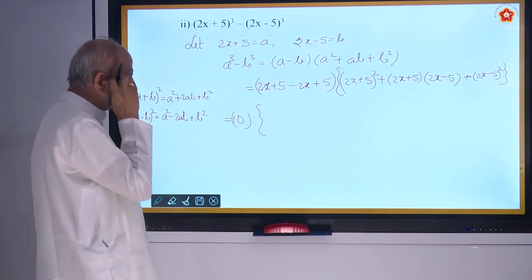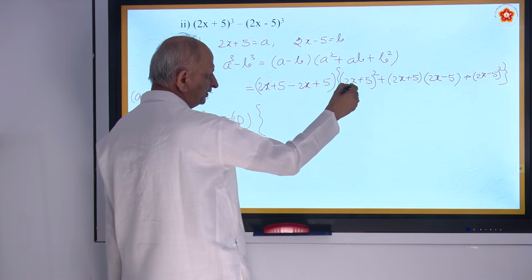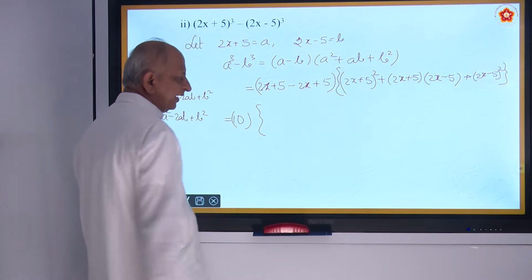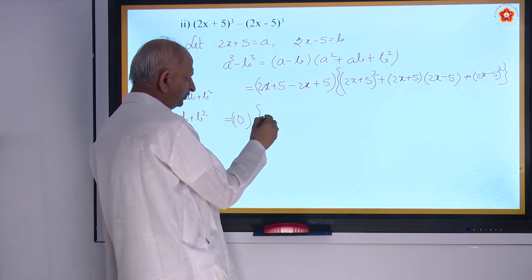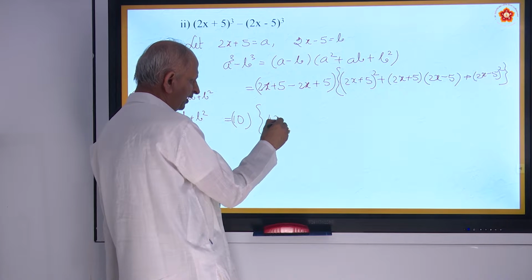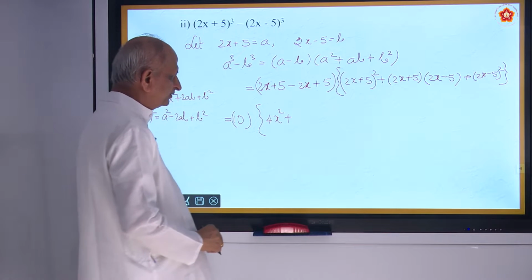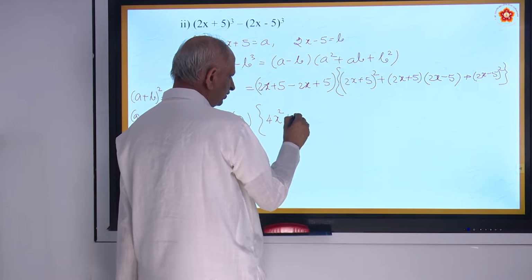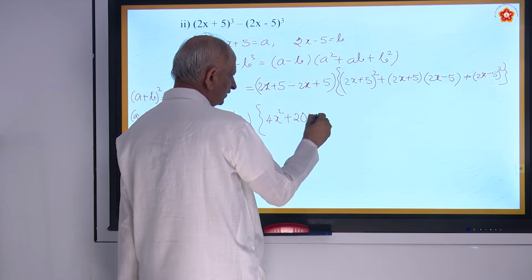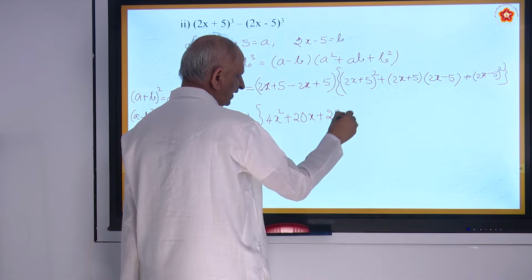That you have to use. So 5 plus 5 is 10 over. Here it is (a + b)². What is a? 2x. What is a squared? 4x² plus 2ab, 2 into 2x into 5 is 10x into 2, 20x, plus b² 25, plus